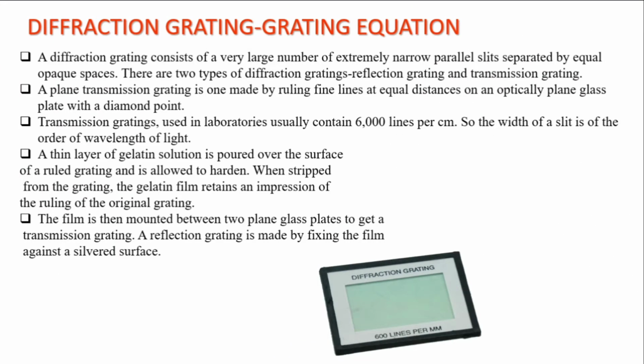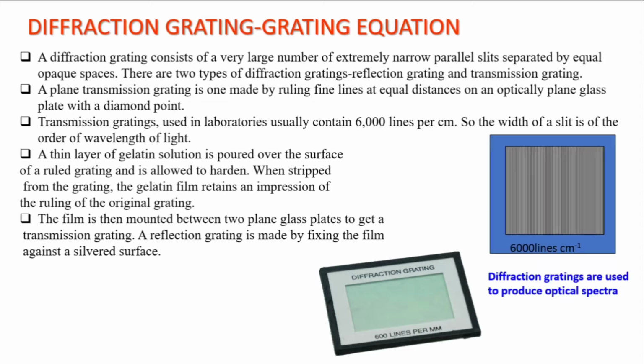So our next topic is diffraction grating and grating equation. A diffraction grating consists of a very large number of extremely narrow parallel slits separated by equal opaque spaces. There are two types of diffraction grating: reflection grating and transmission grating. A plain transmission grating is one made by ruling fine lines at equal distances on an optically plane glass plate